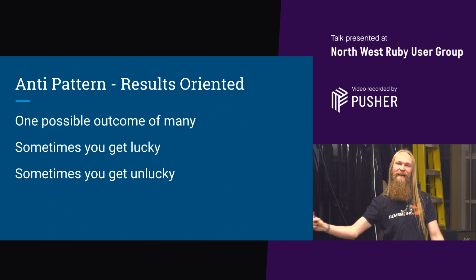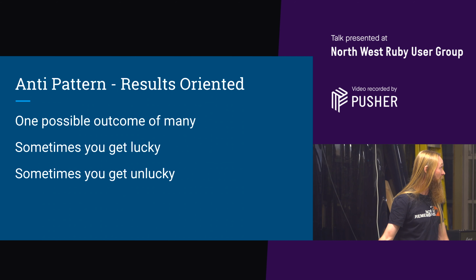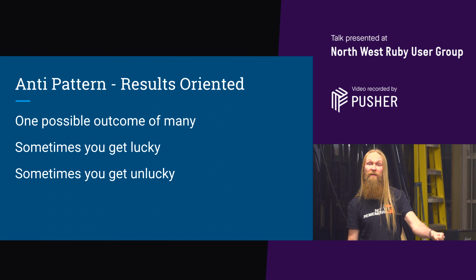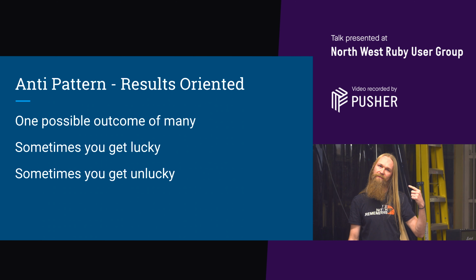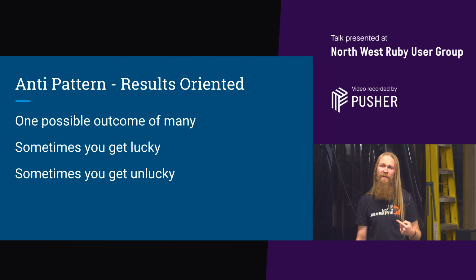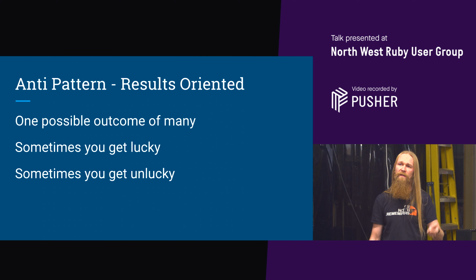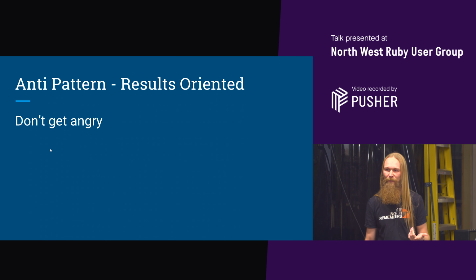But just because they've been lucky every time before does not mean they'll be lucky again. So, sometimes you get lucky, sometimes you get unlucky. When you're reviewing what you've done, take it with a pinch of salt. Think, hang on, what did the events that occur, how likely were they to happen? Were they predictable? Were they repeatable? And think about that again when you're making your decisions. Don't get angry when things don't go your way.